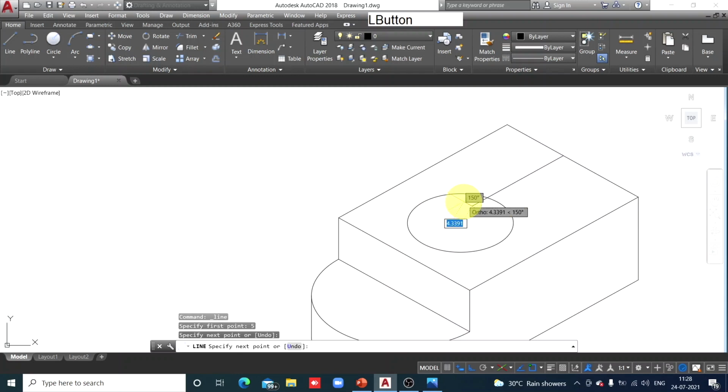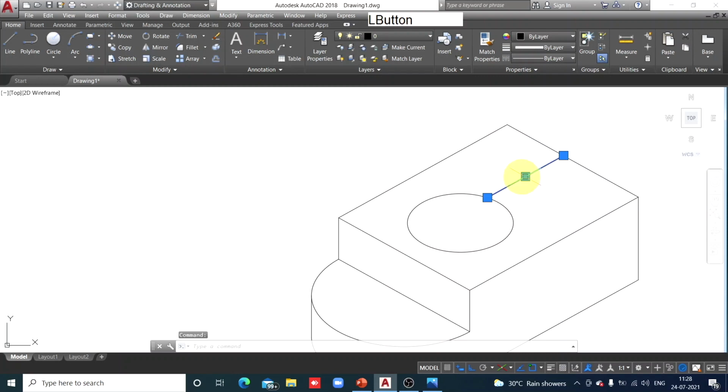A slightly longer line is okay because that can be trimmed. Now trim, enter, and I've erased it. Escape. Now this line parallel to this line at a distance of 10 millimeters, because we are going to create the opening of the slot which is 10 millimeters wide.